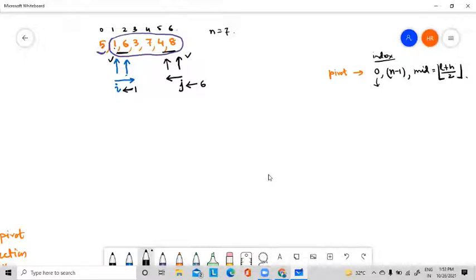So why do I stop here? Because the goal of I is to search for a smaller element and it got a higher element, and the goal of J is to search for a greater element. It found a smaller element. So that's why I and J stop. Now, how can I achieve my goal? By interchanging these two elements.